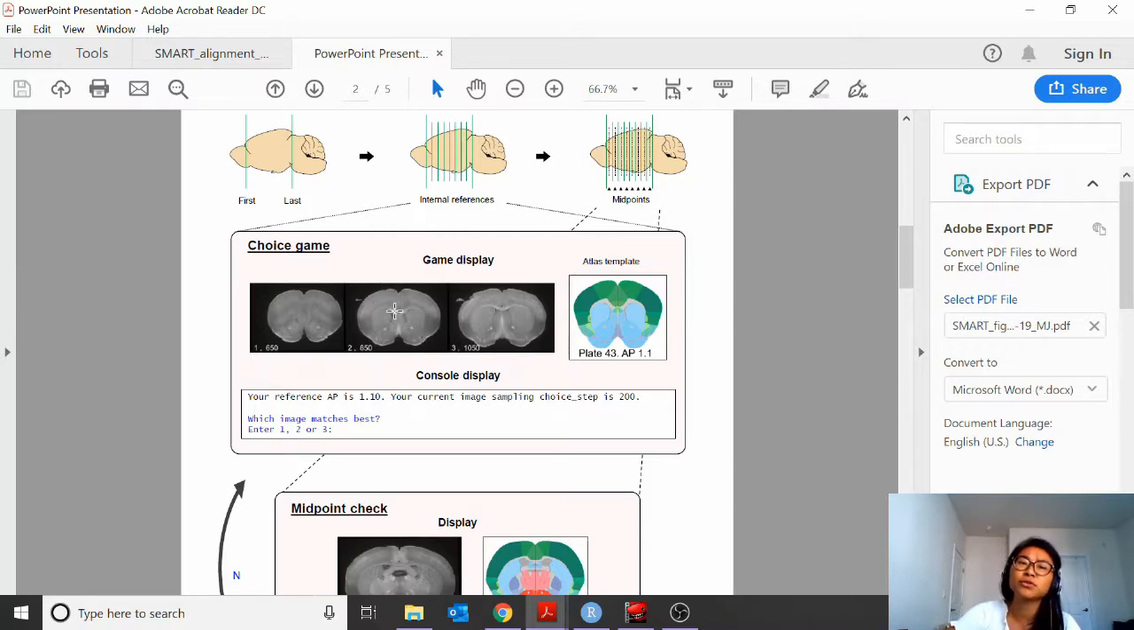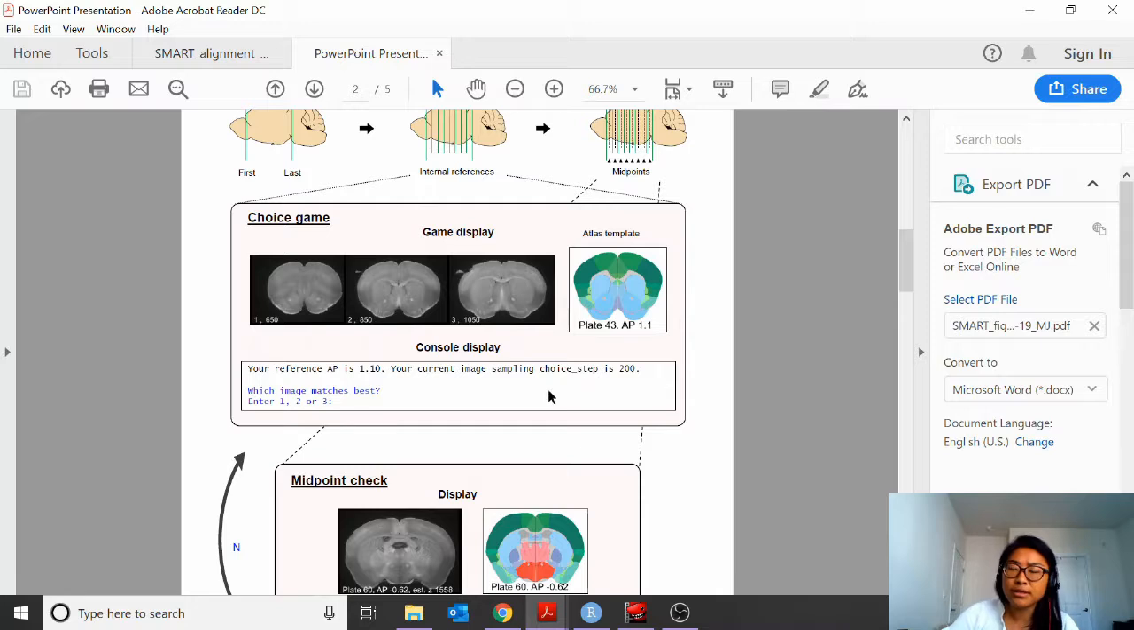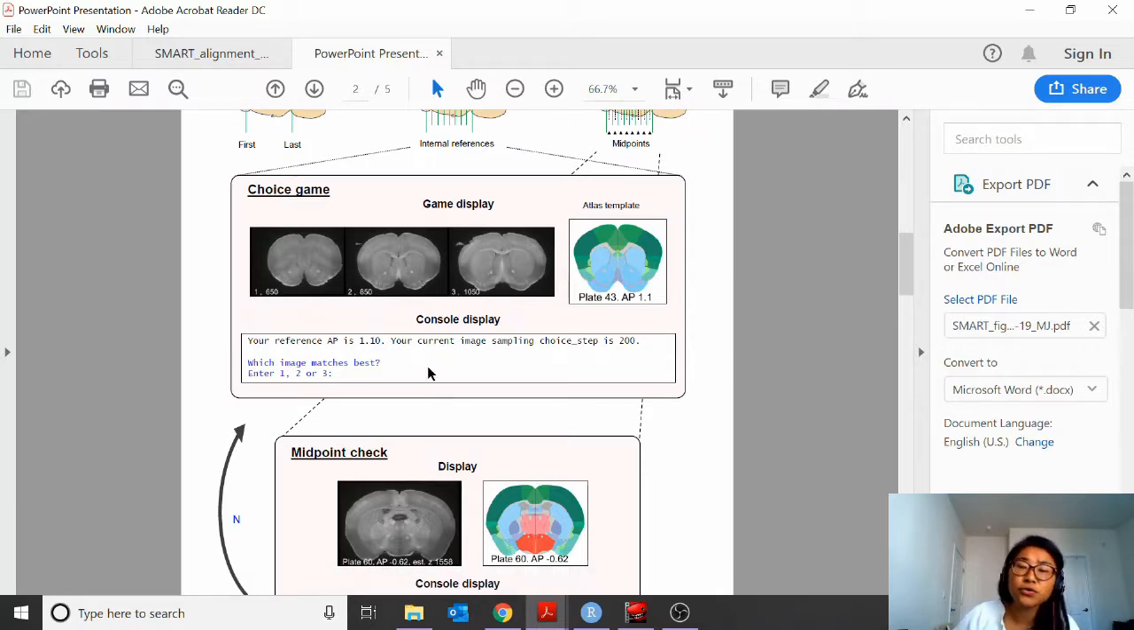And then if you choose the middle choice, the anterior and posterior choices will progressively zoom in. So it'll be 100 Z steps to the left and 100 Z steps to the right, until the choices become so similar that the images to the left and right are basically identical. And at that point, the margin of error is so small that you would basically loop onto the next atlas plate. And so this choice step is actually user modifiable, but the default, I believe, is 200,